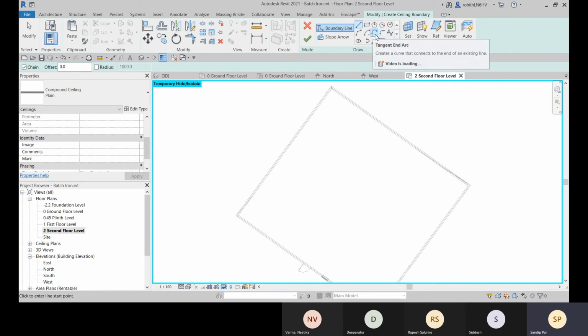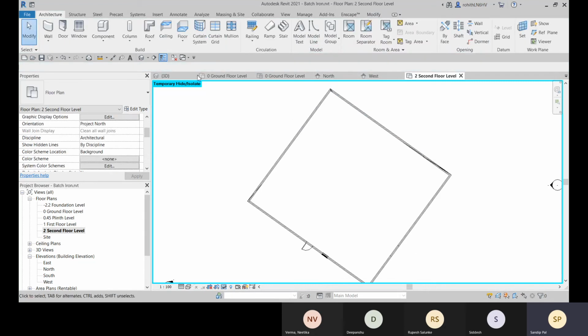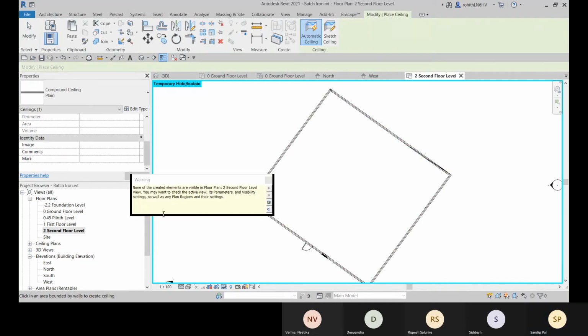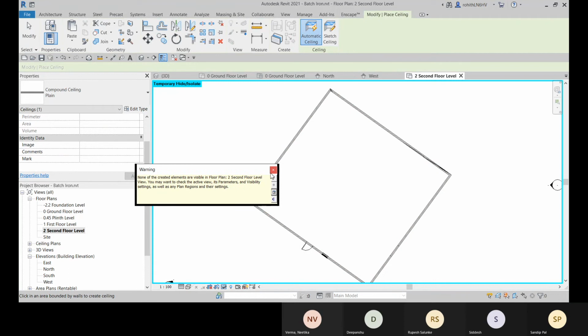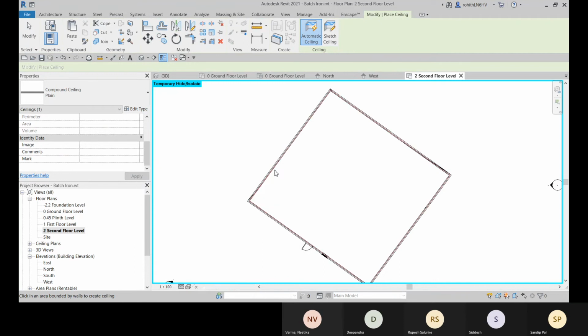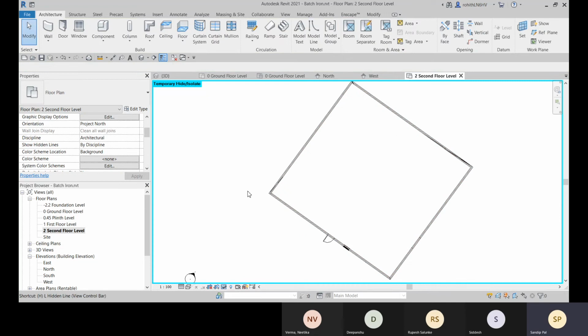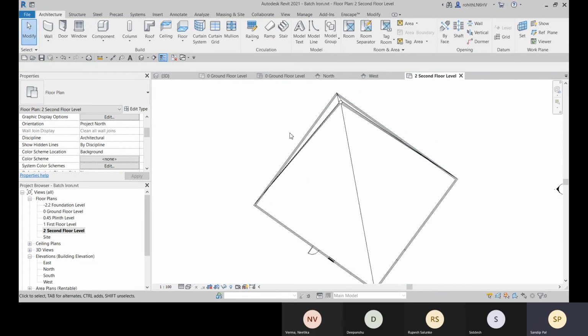The same way we created the floor, the same way here we can create. So I'll go with the automatic ceiling. All right, fine. Now let's go for HR to bring back all the elements.